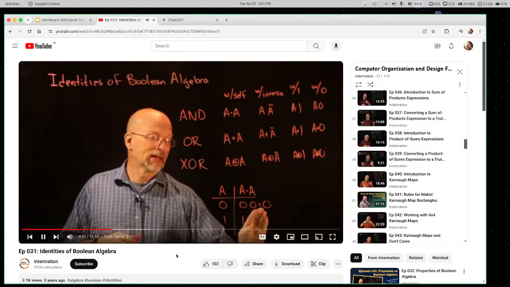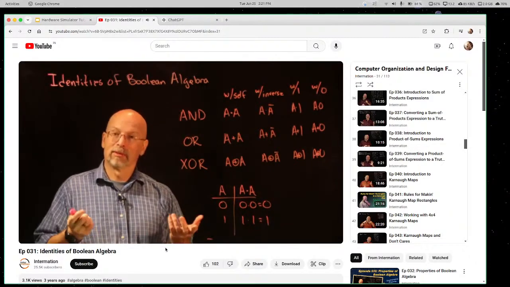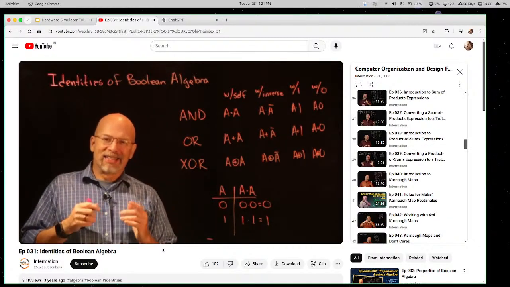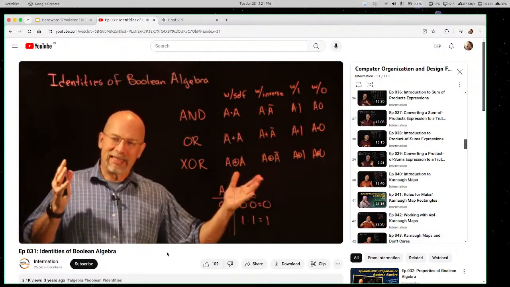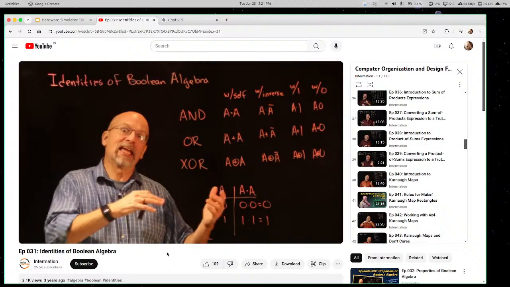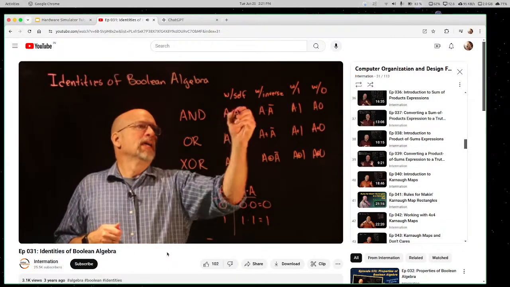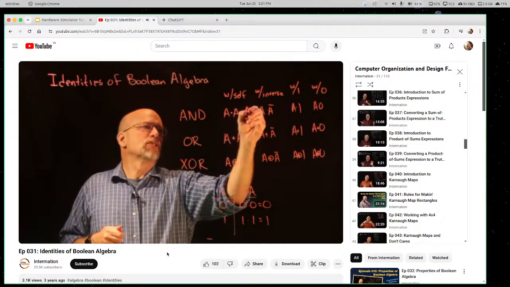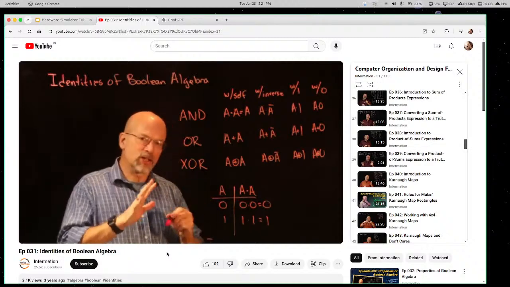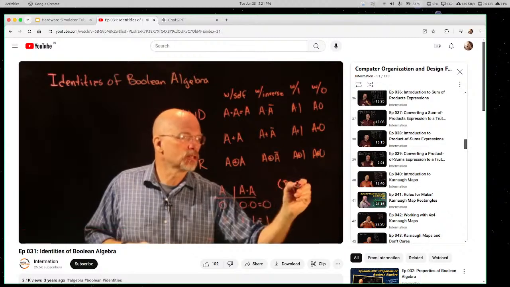Well, if you look at it, it looks like it just simply follows whatever A is equal to. That's what the output of A and A is equal to. In fact, it's kind of like any number of A's ANDed together. That's going to be equal to A. So I could have A and A and A and A, and they'd still all simplify down to A. Anything ANDed with itself is just equal to itself. Now, something that's important to notice here is that this doesn't just apply to a single signal A. It could be that I have B or C ANDed with